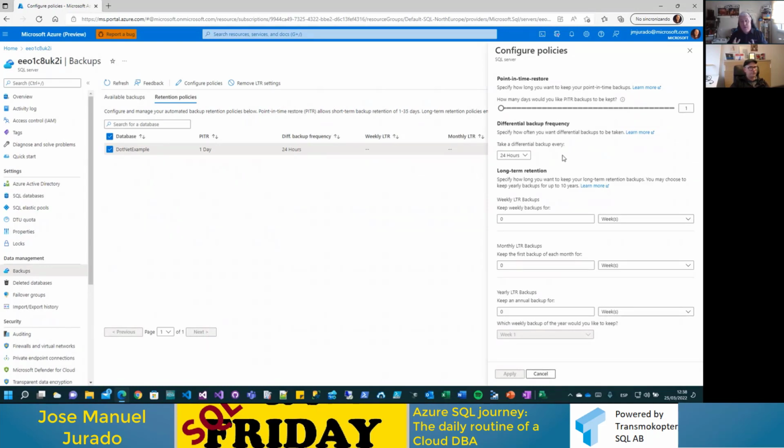Why? Because if you calculate based on the number of days that you have here and the size of the transaction log and differential backups, and this amount is more than the size of the database, you are going to start paying for this difference. I don't remember exactly the cost.